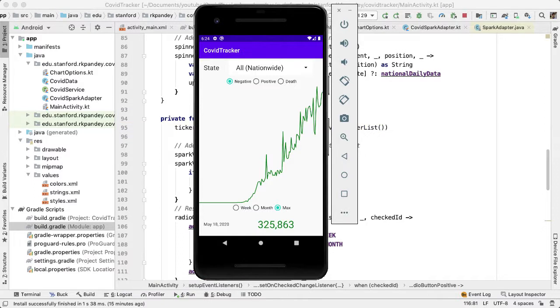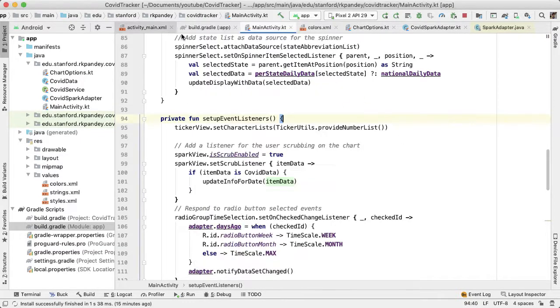One other quick design improvement we can do is to add a background shading color behind the Spark view and the time radio group. The reason this is valuable is it provides segmentation into our layout, and it gives a hint to the user about which components are related to each other. The way we'll go about doing this is by adding some padding and margin between the Spark view and the radio group time selection, and then adding a background color to those two components. So going into activity main,